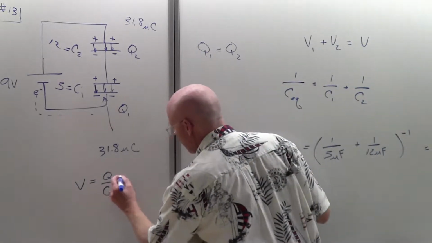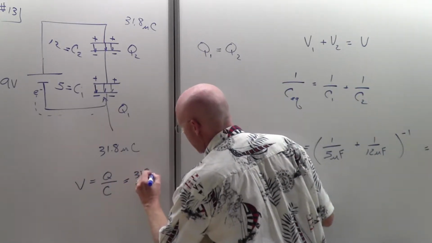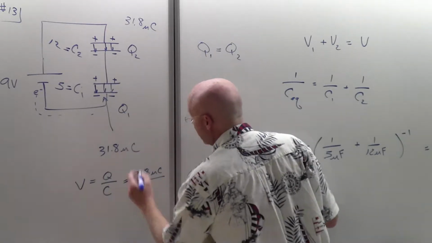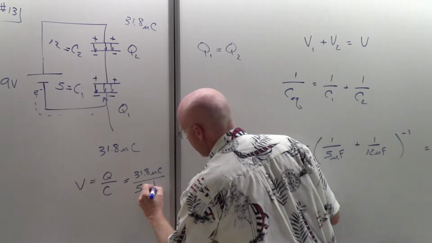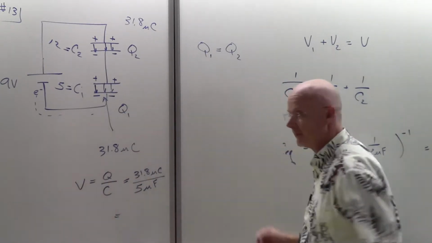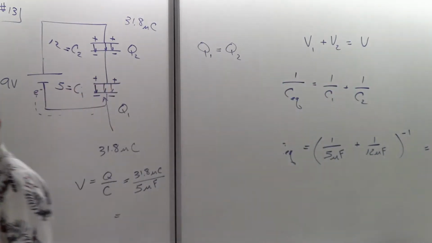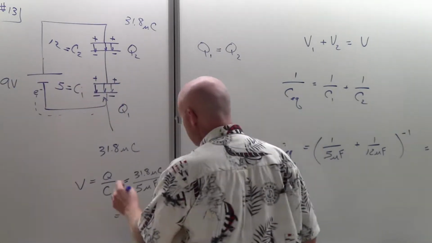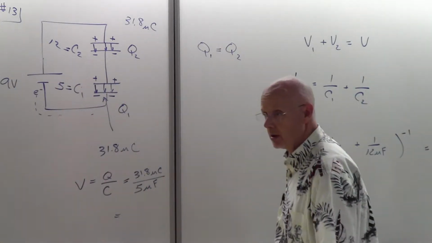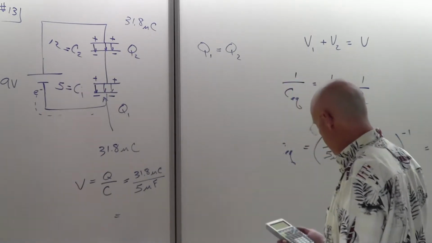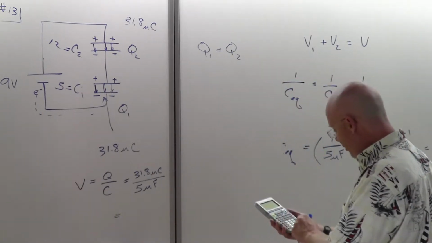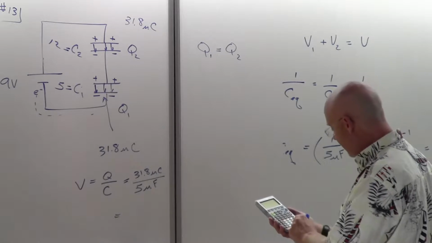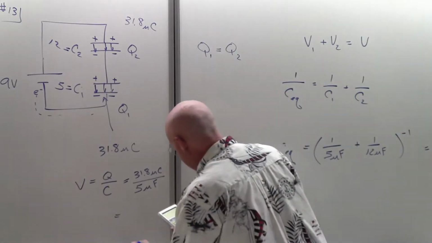And so this would be 31.8 microcoulombs divided by 5 microfarads. That's for the total. No, oh, that's the first one. This is just number 1 here. So if I go 31.8 and divide it by 5, I get